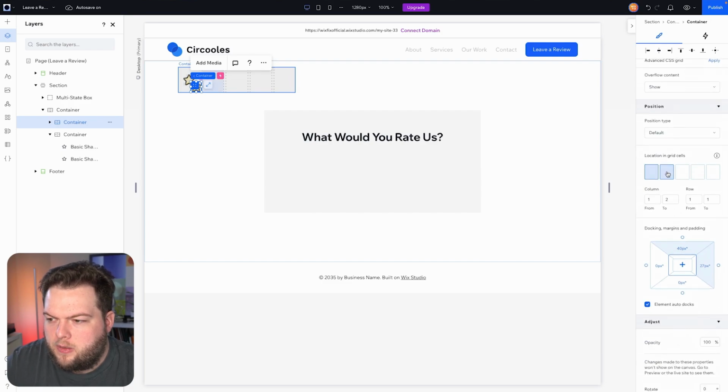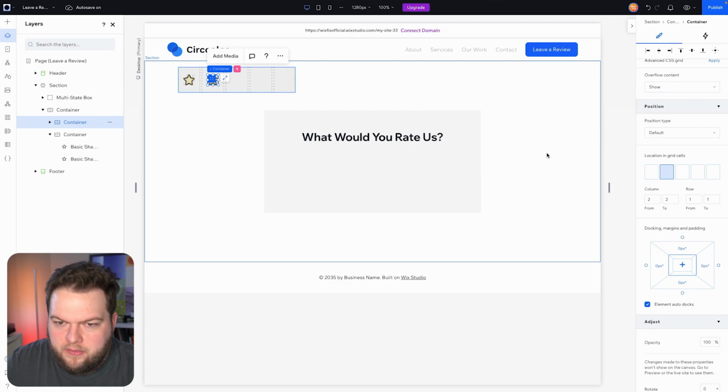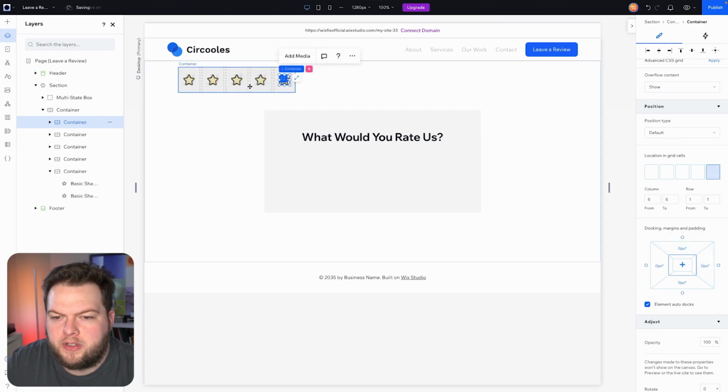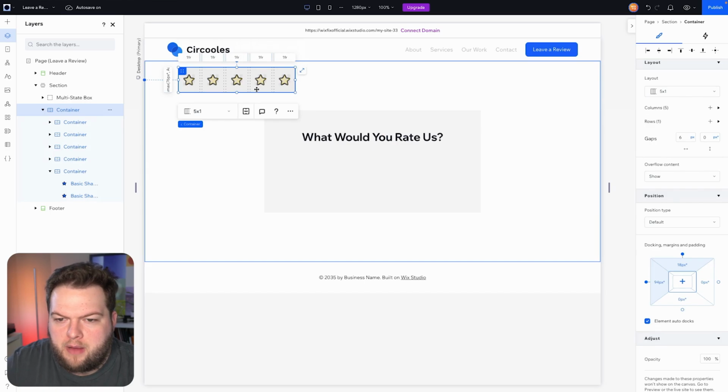And with this container, I want this to be in the second grid cell here. And we'll center it. Then we'll duplicate it again. And this container is going to be in the third column. And centered. And we'll do this 2 more times, moving each one of these to the next column in the grid cell. And once we are done with that, what I want to do is go ahead and grab this